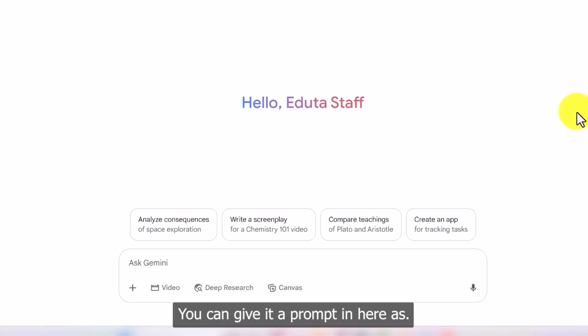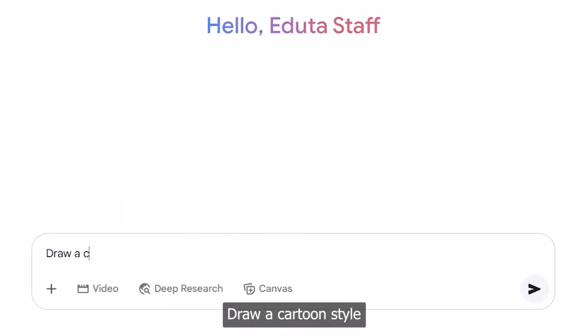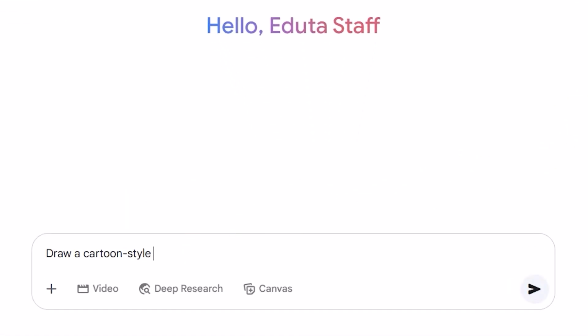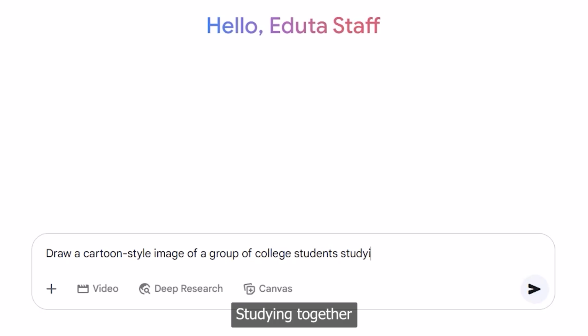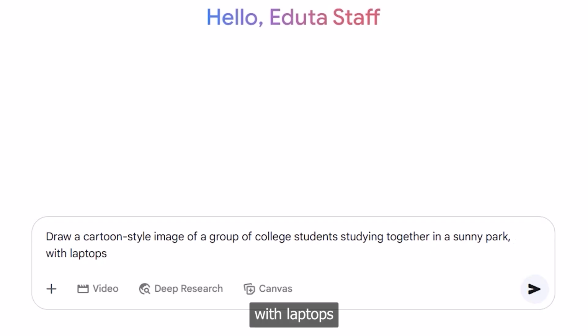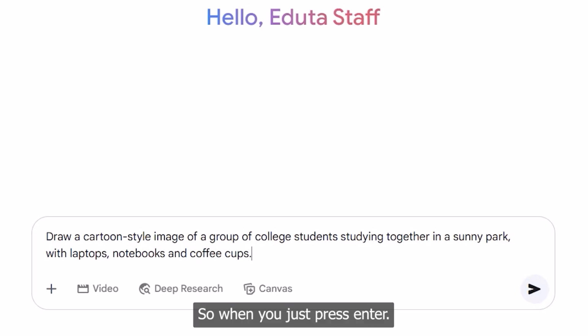Example prompt. You can give it a prompt in here as, draw a cartoon style image of a group of college students studying together in a sunny park with laptops, notebooks, and coffee cups. So when you just press enter,